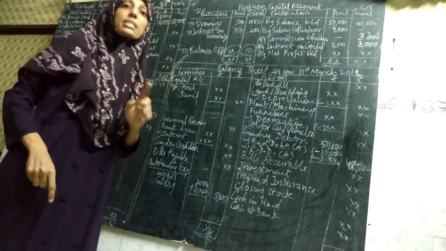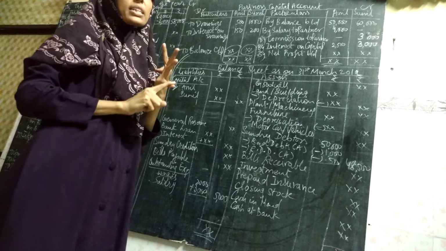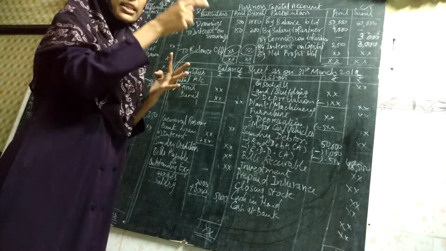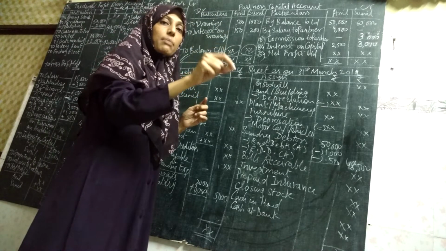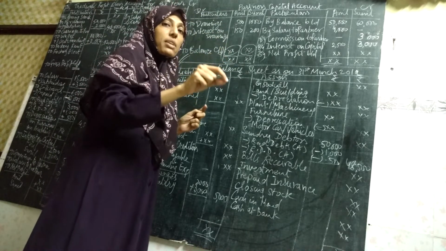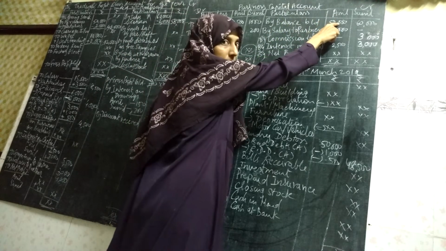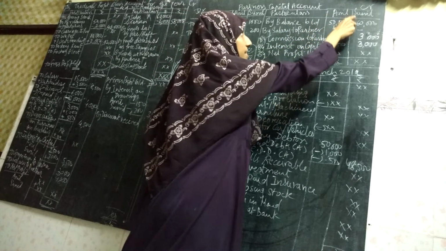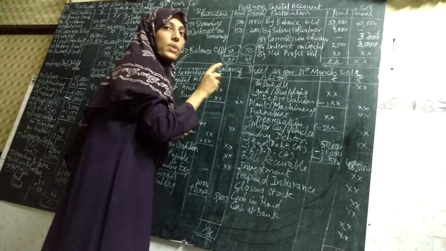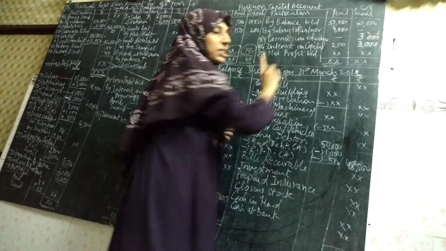Now in the trial balance you are given capital of Anil and Sunil. It will be given on the credit column of the trial balance. So from the trial balance credit side, Anil and Sunil's capital will be picked up and you will show it on the credit side of partners capital account. Say for example, Anil's capital is 50,000 and Sunil's capital is 60,000. So you will write the amount in the respective column: Anil's column 50,000, Sunil's column 60,000.